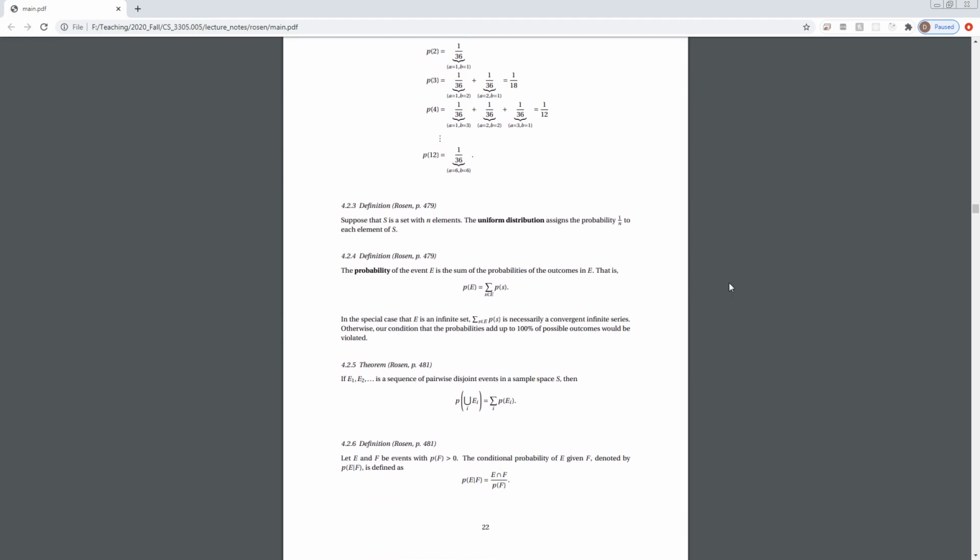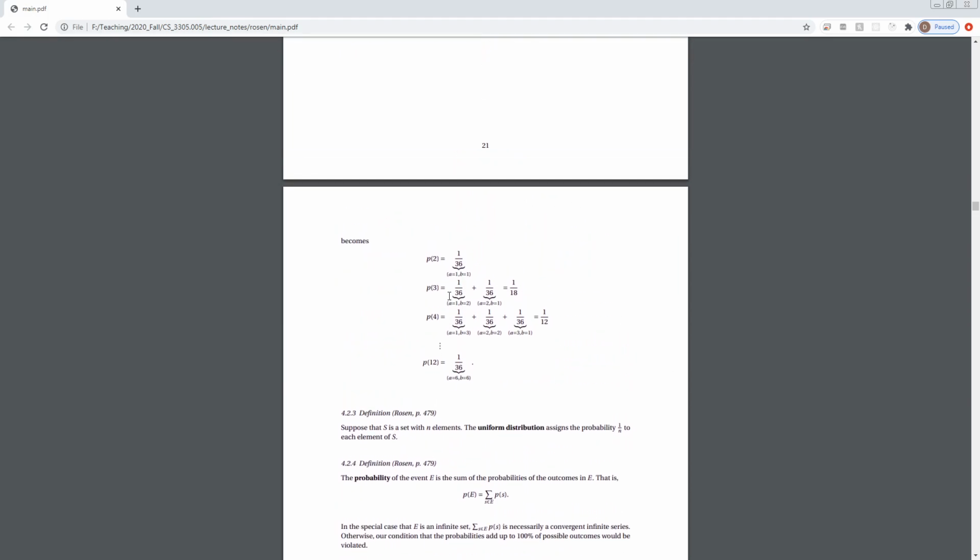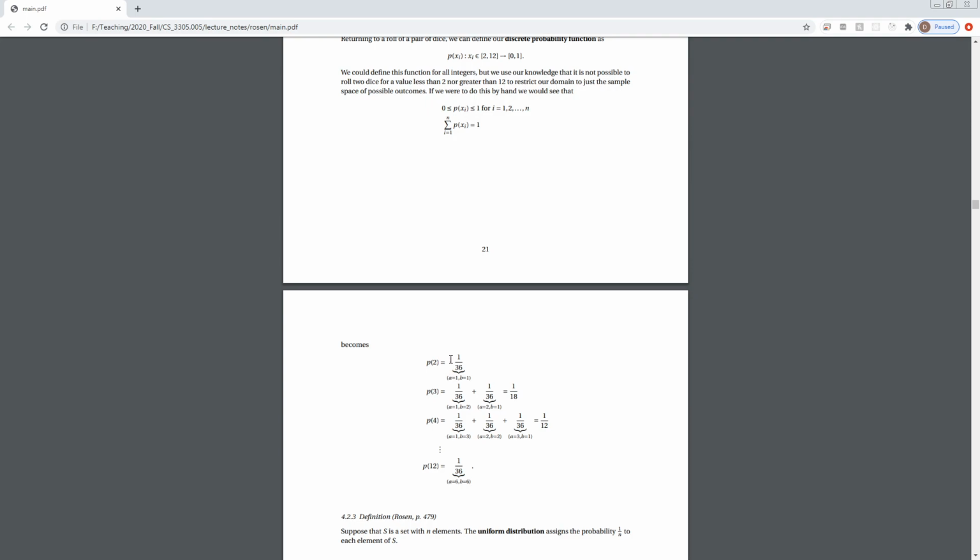So okay, and then here's an example again using dice where we've labeled our dice A and B, and we're explicitly counting the scenarios that satisfy the condition we're looking for. So if we're looking for a 2, then both A and B must be 1. If we're looking for a 3, then it can be A equals 1 and B equals 2, or A equals 2 and B equals 1. If we're looking for a 4, then we can have 1 and 3, 2 and 2, or 3 and 1,